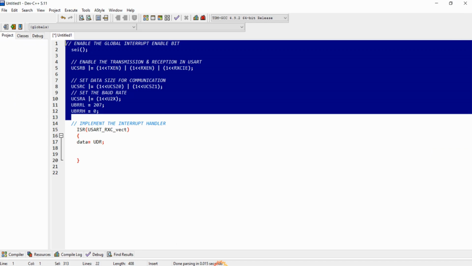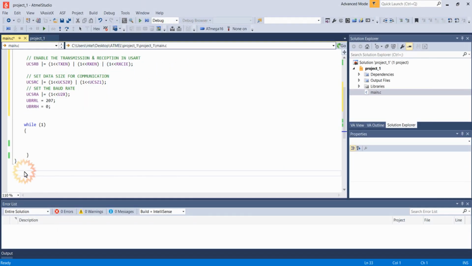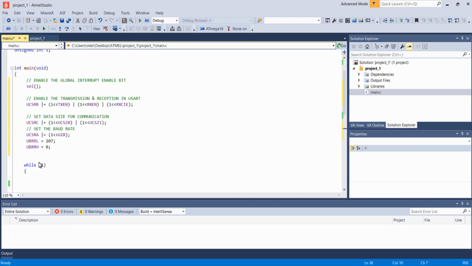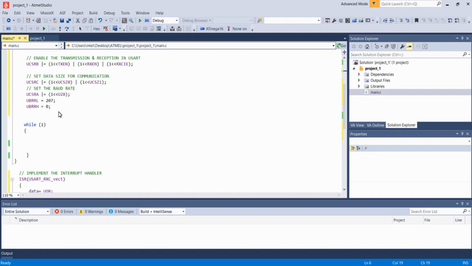We also want this ISR function for receiving the data. I will paste it below the main. I just want to declare this variable data, so I am declaring it over here.